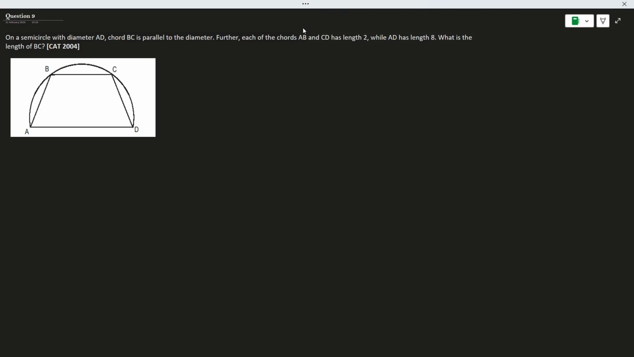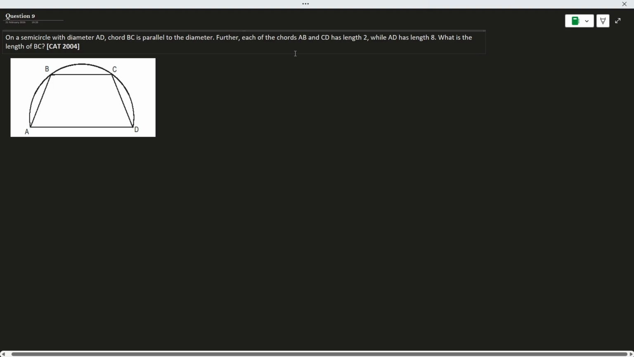We are given a semicircle whose diameter is AD and chord BC is parallel to the diameter AD. We are also told that the chords AB and CD have lengths equal to 2 units each, and the length of the diameter is 8 units. So we need to find the length of chord BC. So let me copy the diagram,